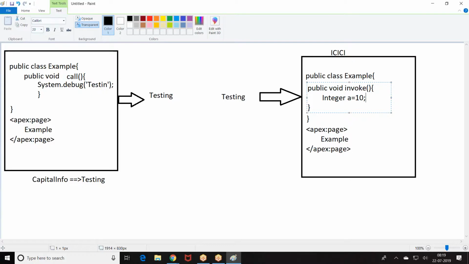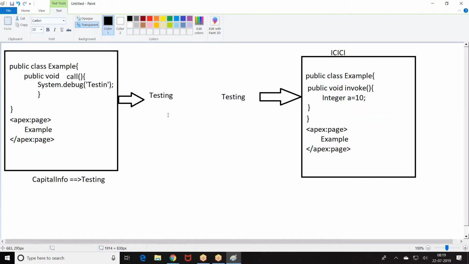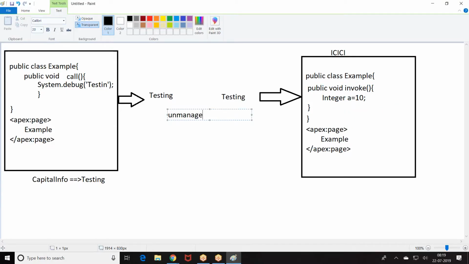I developed a package, I gave it to ICICI, they installed, they are able to see the source program, and they are able to make whatever changes they want. When they can make whatever changes they want, I don't have any control on it. That's why it is called an unmanaged package. The person who developed this doesn't have any more control on the package. Why doesn't he have any more control?